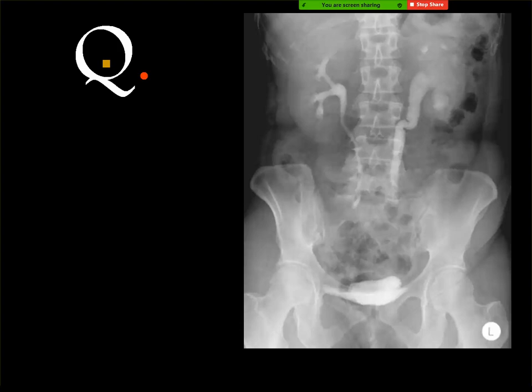Bilateral reflux. No, this is urography, intravenous urography. Ureteric mass. Where is the filling defect, on the right or on the left? On the left side, mid part of the left ureter. Exactly. Exactly. Transitional cell carcinoma.